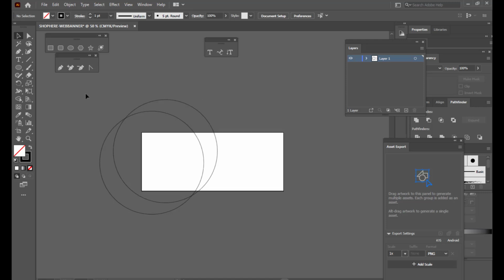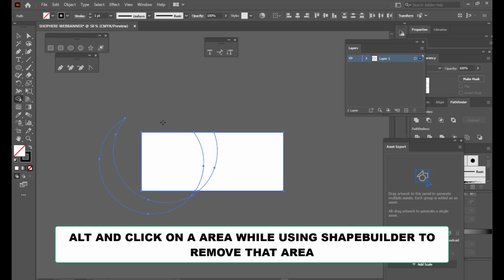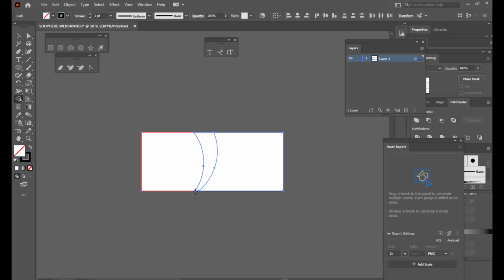The way we create sections is, first we draw a selection from outside so that all the outlines or all the strokes are selected, and then we select the Shape Builder here. After selecting the Shape Builder, we will first remove certain unwanted areas. We will just remove this area by holding Alt and clicking on it. See? We'll just remove these unwanted areas.